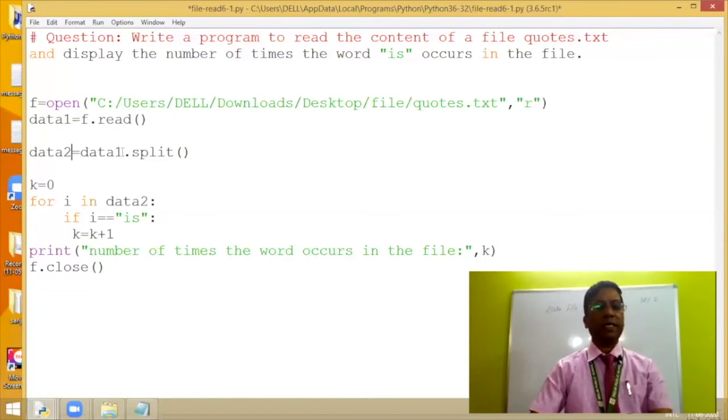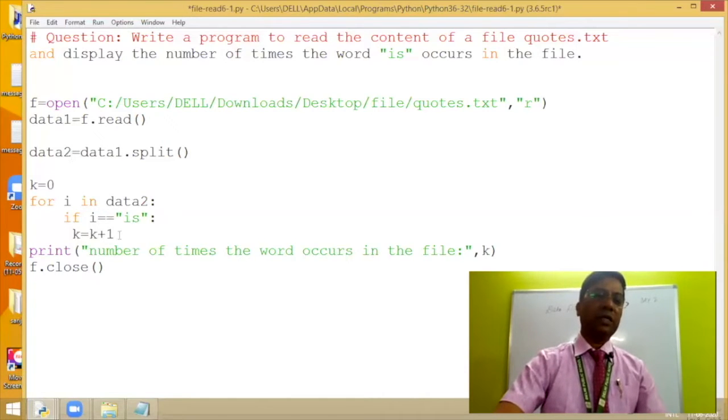So for i in data2, in i I'll get the first word. If it matches "is", then I'm counting k equals k plus 1. This way k will be increased if the value of i matches "is".